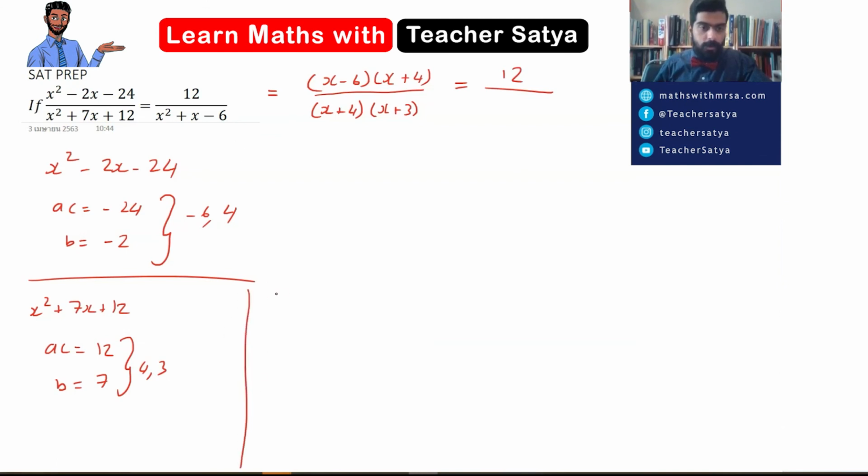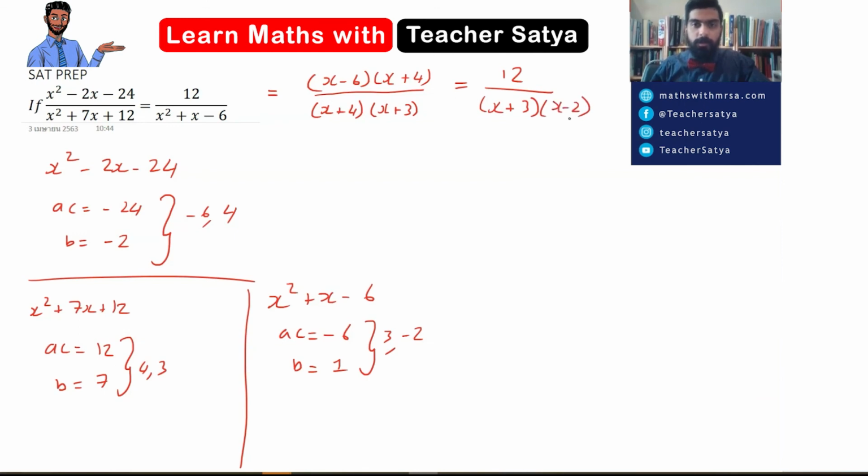Write it here. We are going to factorize x squared plus x minus 6. Again, two numbers multiply to give us negative 6, and those two numbers add up to give us plus 1. So the two numbers would be 3 and negative 2. 3 times negative 2 is negative 6. 3 minus 2 would give us 1. So we would have x plus 3 and x minus 2. Right guys, now if we take a look at this,